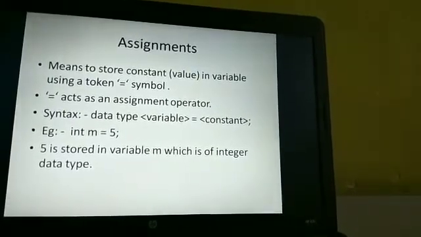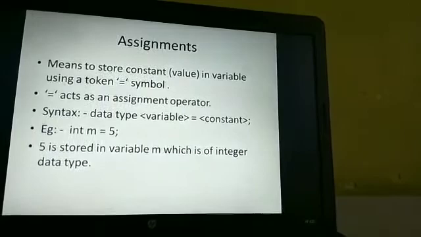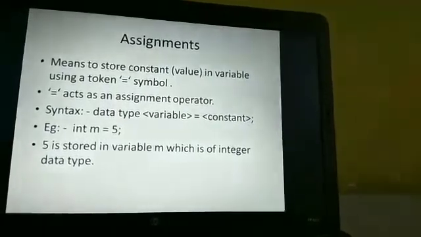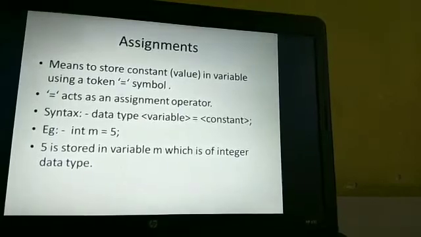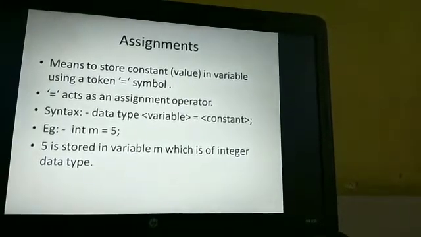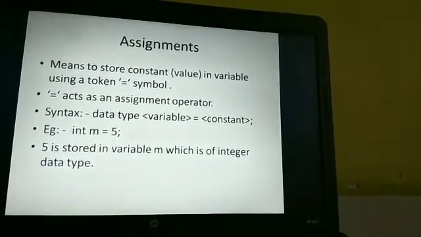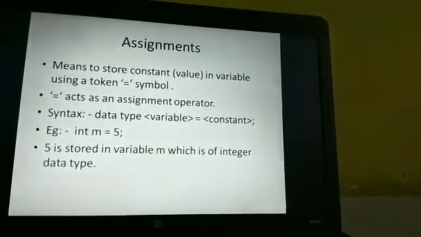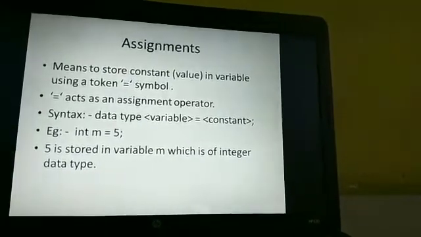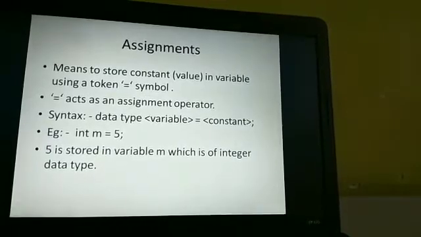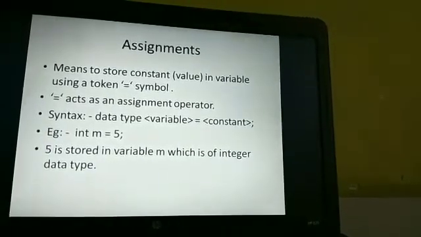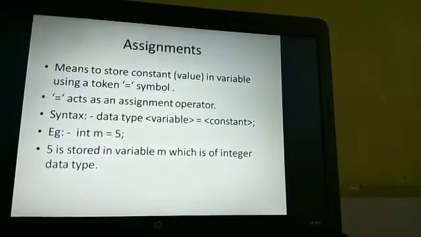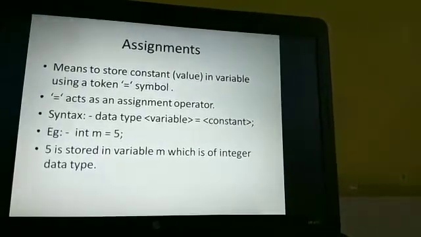Here I have taken the value 5, which says that I am storing the value 5 in the variable m, which is of the data type integer.